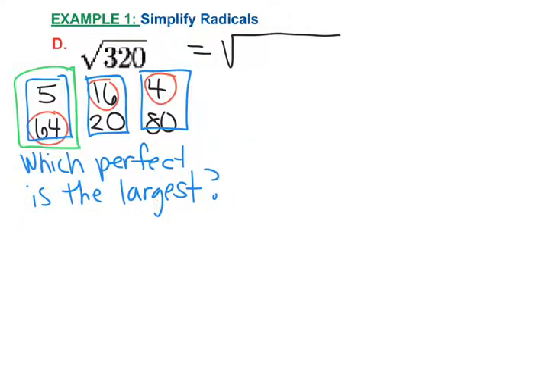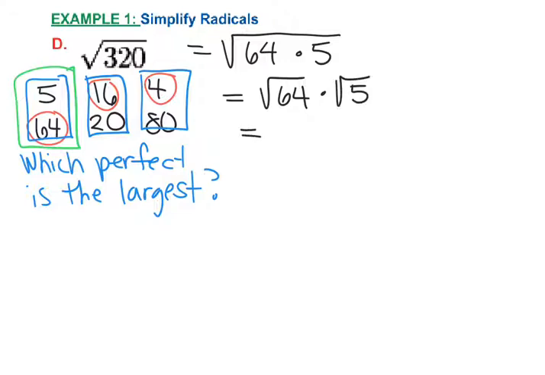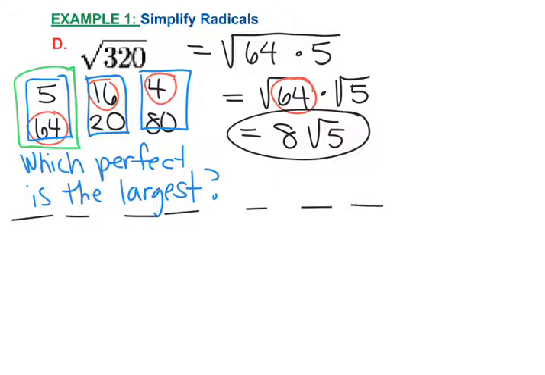So I can separate 320 into 64 times 5. I can keep splitting that up. And now 64 is my perfect square. So I take the square root of that, which is 8 times the square root of 5. This is my most simplified version. Now, if you don't take the largest perfect square, say you use 16 and 20. So the square root of 320,